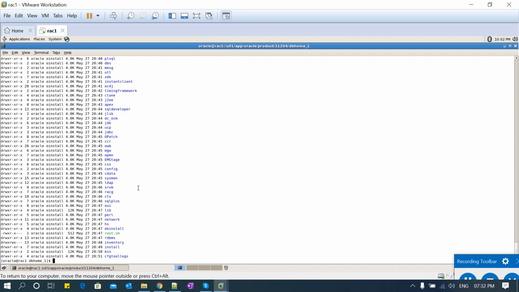Today in this session I'm using GUI mode for the Oracle database installation. In a future session I'm going to use silent mode installation and cloning, as there are different methods of Oracle database installation, and there's a manual method also for database creation. All these different kinds of installation, setup or creation I will explain one by one. But today this is limited to new database creation using GUI mode.